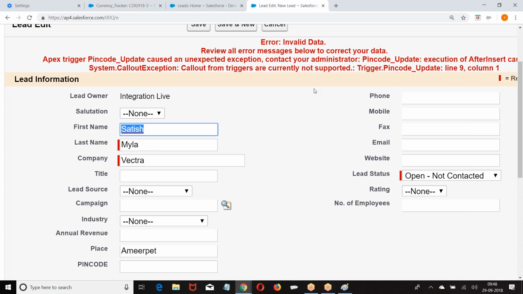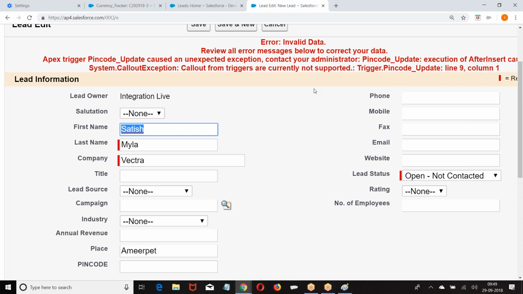So you are holding the operation because you are making a web service call to a third-party system. The operation may be delayed. Till that operation is completed, I will not be able to save this record. That is the reason the trigger says I will not support synchronous web service calls.